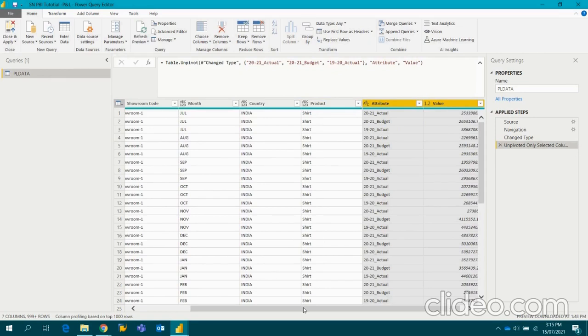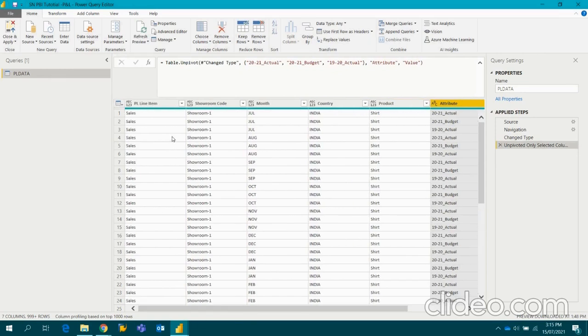Reason of doing this is now I can create more P&L line items. For example, product margin, the gross profit which you can call, and your shop cost and your net profit. These items never come in your trial balance. Which of the GLs you classified into your cost, you cannot define that in trial balance. And how the net profit gets computed, that also you cannot define in your trial balance. So for doing so, this step was very much required. You always need to have one column containing the value.